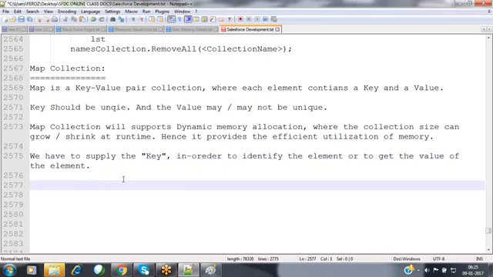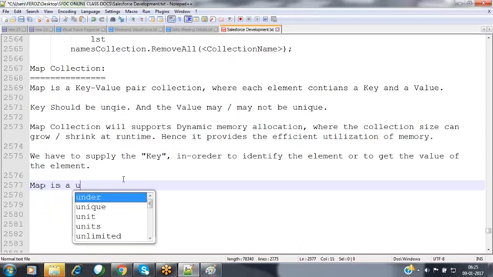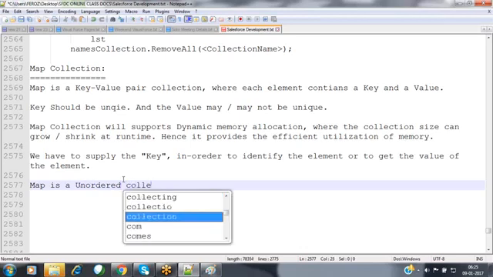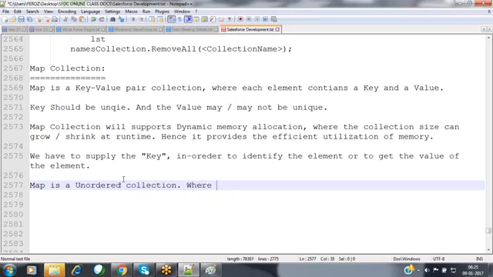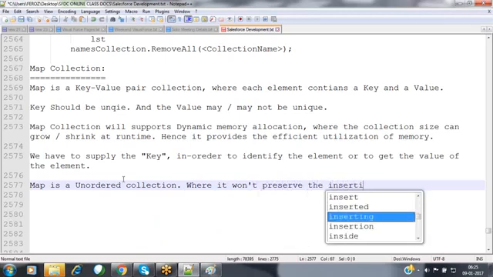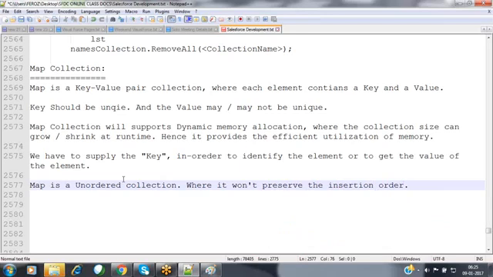And the next one, when coming to the map collection: is it an ordered collection or unordered collection? This is an unordered collection again. Map is an unordered collection, where it won't preserve the insertion order.